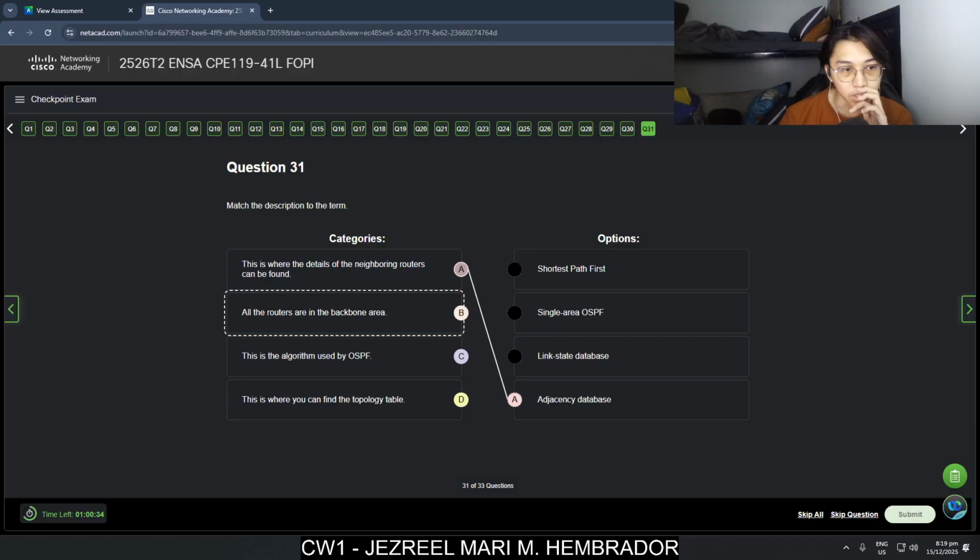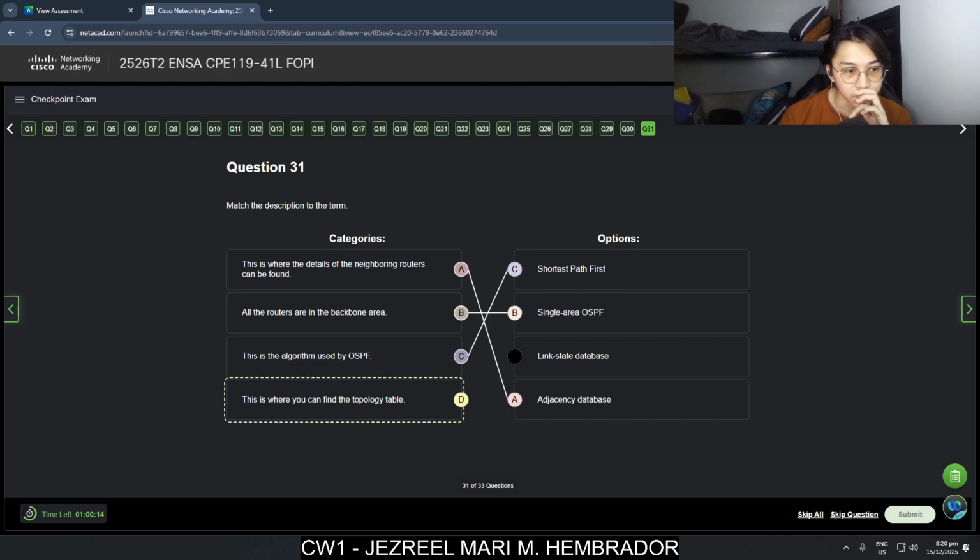All the routers are in the backbone area, which is for single area OSPF. This is the algorithm used by OSPF, which is the shortest path first. This is where you can find the topology table, the link state database.